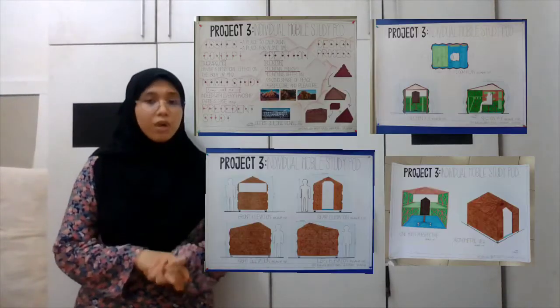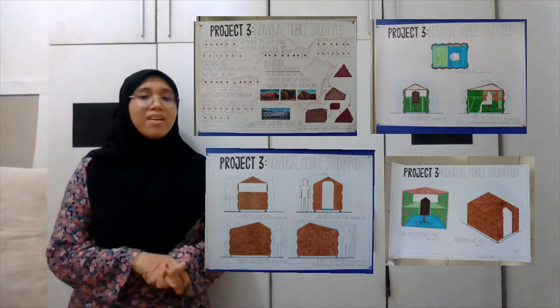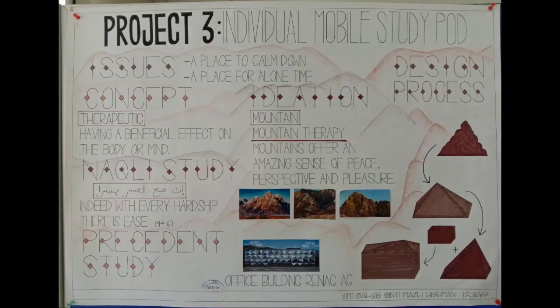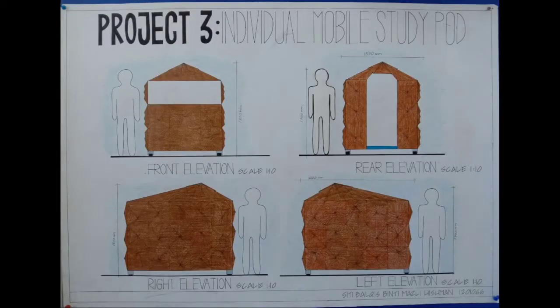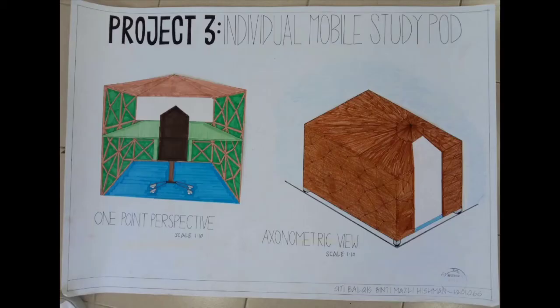So these are the presentation boards that I did for my individual mobile study board. There are four A1 boards that I did, and I'm going to talk about each one of them. So the first board